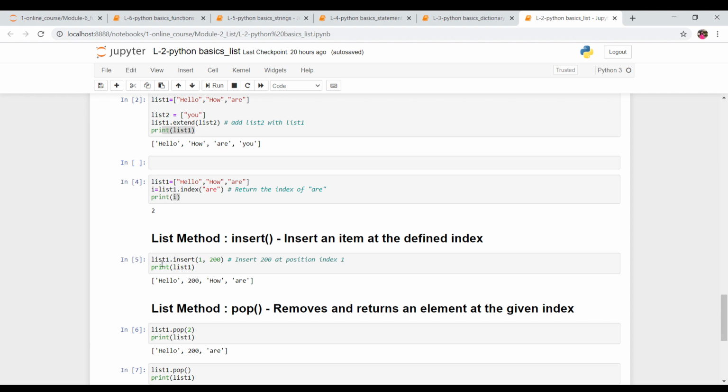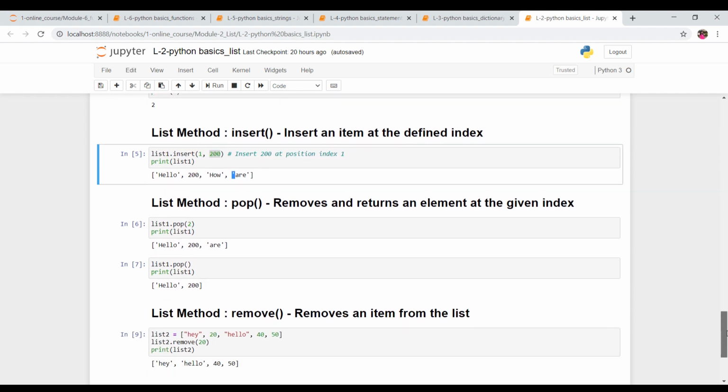So this is list 1. In this particular list I want to insert data. What data do you want to insert? I want to insert 200 at index 1, at position 1. When you print that list, this is what you get. This is at the 0th index. At first index we want to add 200, so we have 200 over here, and then we have the rest of the elements of the list. This is how you can insert an element in a list at a particular location.